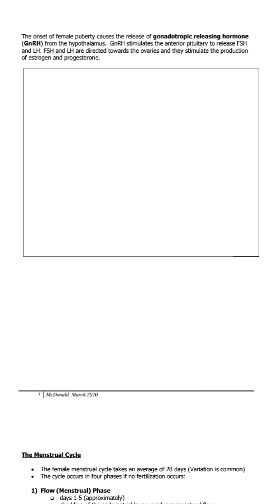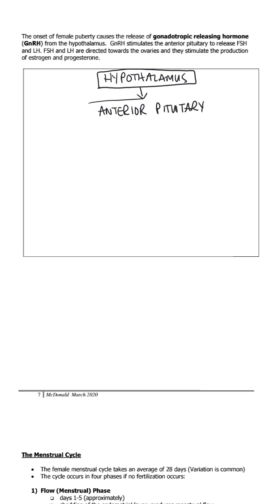When we look at the feedback loop for the female reproductive system, it starts similar to the male reproductive system with gonadotropin releasing hormone. So we're going to draw the hypothalamus. I'm not going to draw a stimulus because really this is a 28-day cycle. These feedback loops are a little bit different than the feedback loops that you have looked at before because they can really happen at any time, and they happen a little bit differently every time depending on what's going on in the body. So you have the anterior pituitary that's going to get a signal from the hypothalamus through